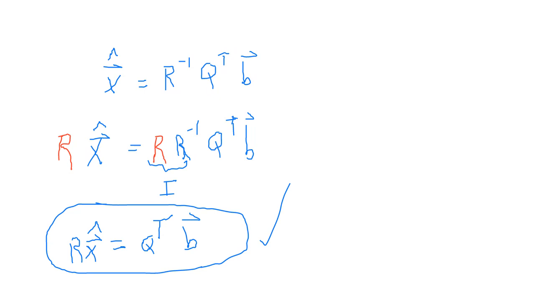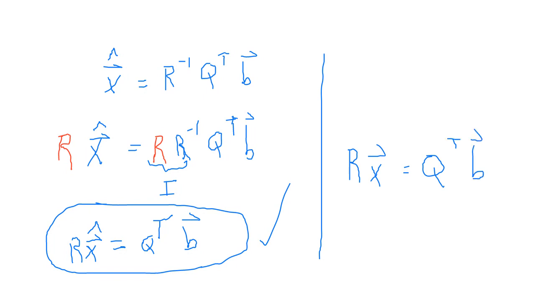Are there any questions on that? I'm going to go back to example 5, but are there any questions? Okay, for some reason the book will write this equation as R times X without the hat equals Q transpose times B. I don't know why they don't put the hat in, but they don't. So if we go back to the book, then